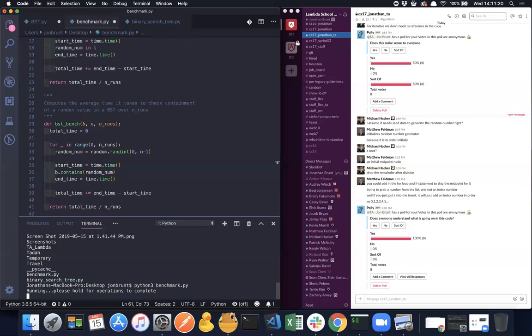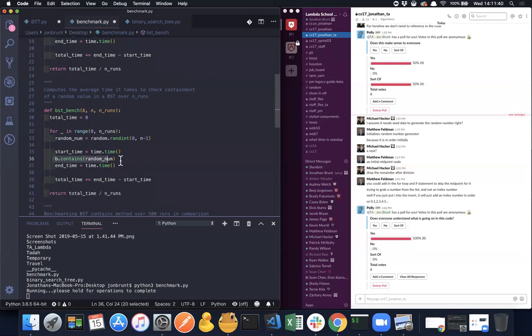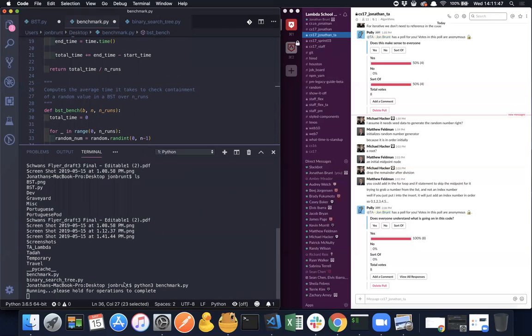This does take a little bit to run, because remember, we're doing 500 runs of the BST and 500 runs of the list, and each of them has a million elements. So we've got to populate that, and then we've got to search through that, either using the built-in Python random num in L, which is a Boolean, or b.contains random num, which you will implement later. I actually added that in because I Ctrl-C'd out of the whole thing and put that in there to make sure there wasn't a bug, because it took so long to run. But if we're just patient with it,